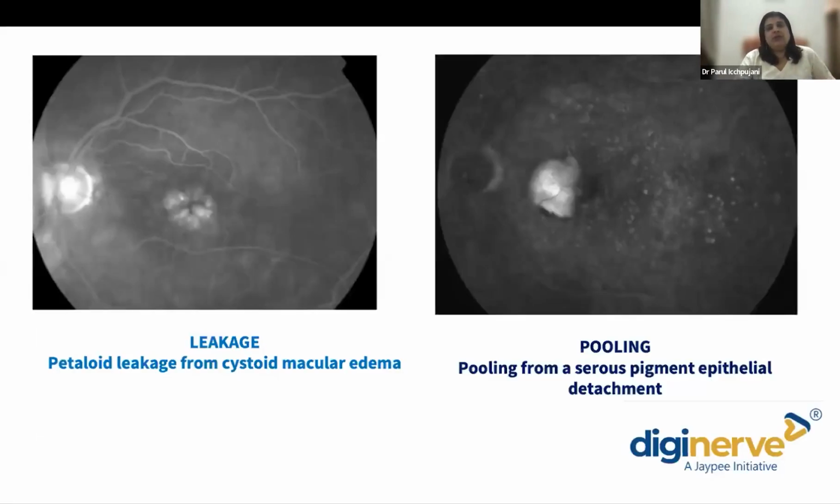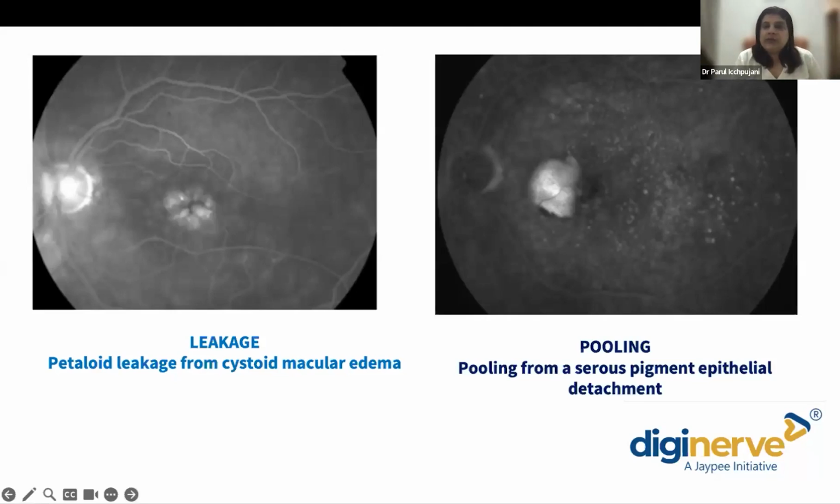So here I'm showing you a few pictures. Here we can see small leaks in the macular area in a very typical petaloid pattern. This petaloid leakage is suggestive of cystoid macular edema, which is commonly seen after a complicated cataract surgery when there is a breach of the blood-retinal barrier. In the second image, we can see pooling of the dye here, which is because of a serous pigment epithelial